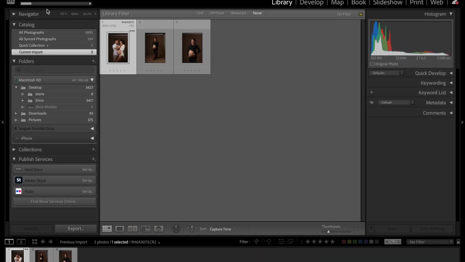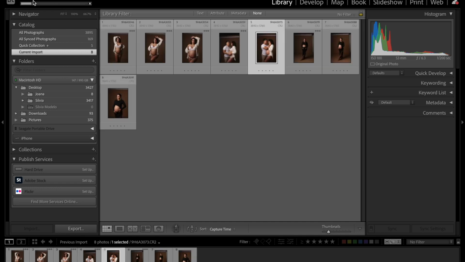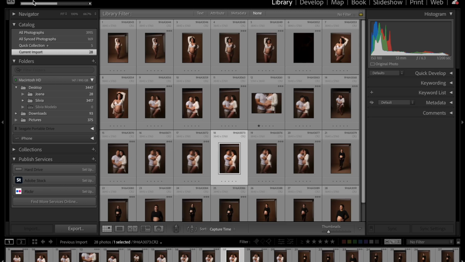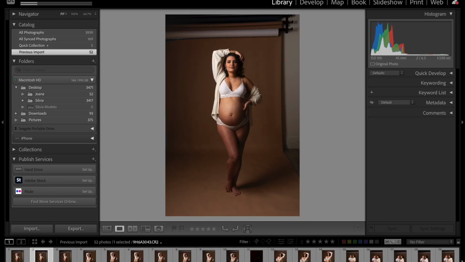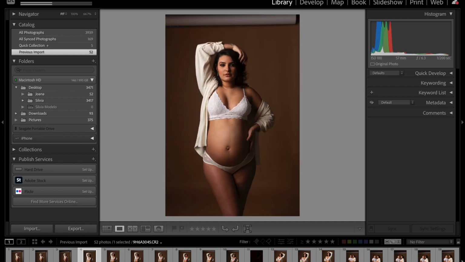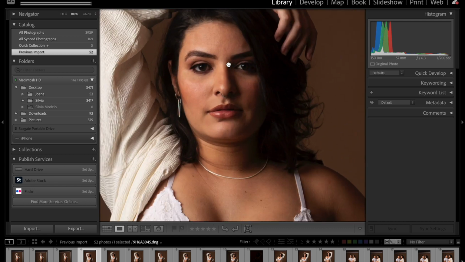So you can see here on the left that Lightroom is processing, is creating that preview that I was talking to you about before. And the preview that we have created is the standard preview. So if I click on a photo here, I can see all the photos normally. However, if I try to zoom in on the photo and make it the size of how the photo actually is, Lightroom is going to take a little bit more time to create this size of the photo because it is a bigger preview that I need now to see the photo. So if I try to zoom in, my